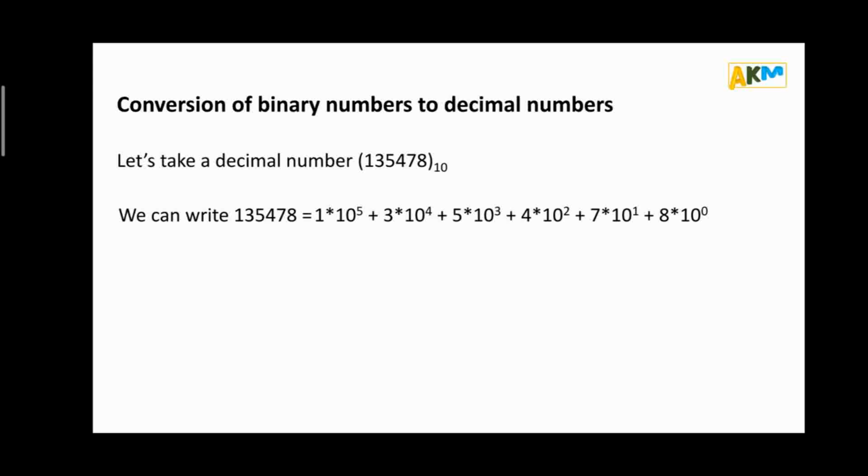For the binary number system the base is 2. So if we multiply the digits of the binary number with the corresponding power of 2, then we can get the value of the binary number in the decimal system. In any number system, if we multiply the corresponding digits with the powers of the base of that number system, then we get the value in the decimal system. So we know how to convert any other number to the decimal system.